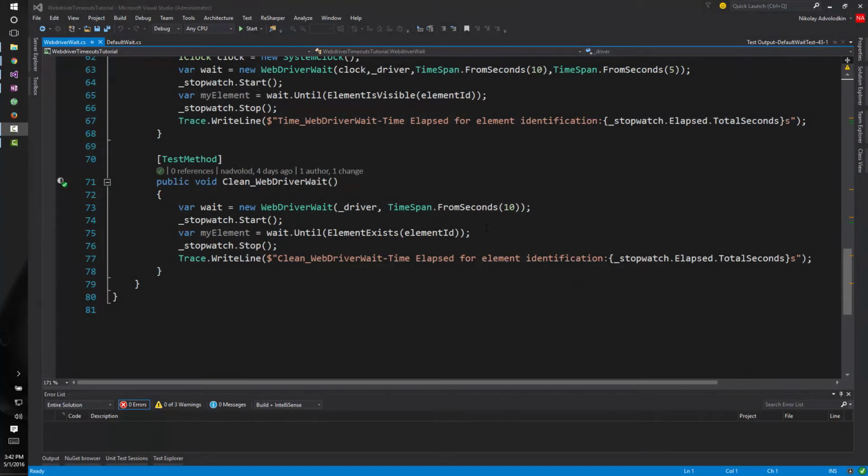So just a few final words on the WebDriver wait. I wanted to mention to you guys to try and use the explicit wait, maybe this kind of style of waiting for your elements rather than using implicit waits. This obviously has a lot of benefits in that it's very dynamic. You can control it from a single place, and anytime you need to implement this waiting condition, you can go